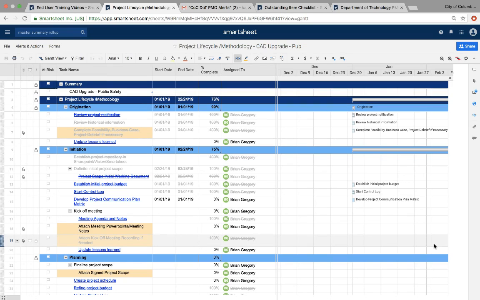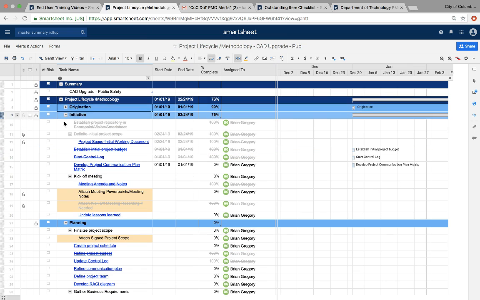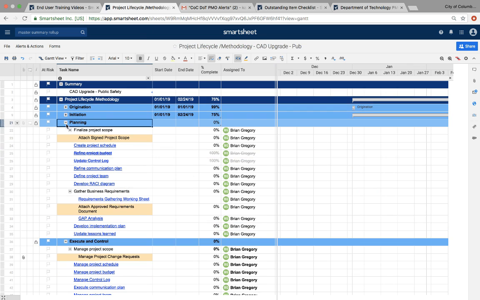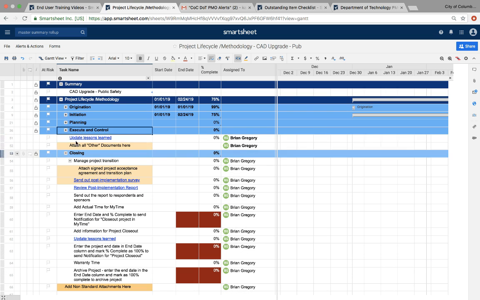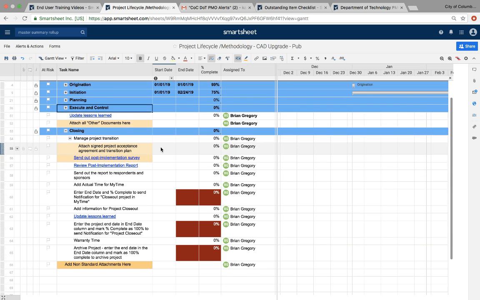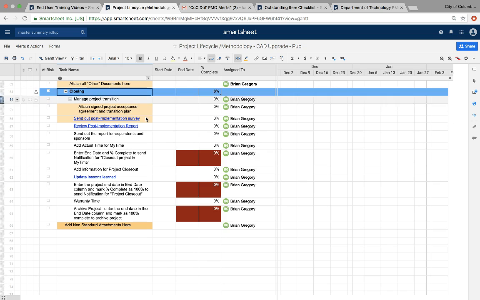I'll walk you through the project closeout and the project archival process within Smartsheet. As you can see, we're back at our project lifecycle methodology sheet, because this is where our closeout section of our project lives. If you go ahead and view this section down below under closing, you'll see,